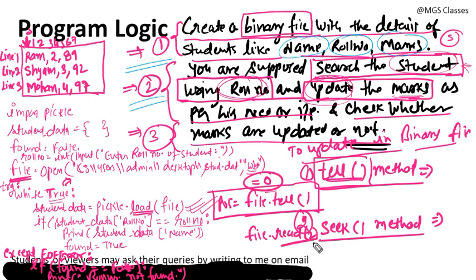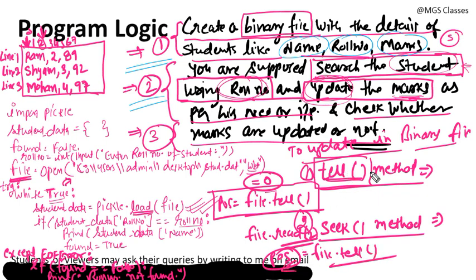Let's suppose you read 2 characters, and now print file.tell, calling the file.tell method. What does it return? After reading 2 characters, the file pointer will move to this position. When you use the read method and pass 2 as the argument, it reads 2 characters of the file, and now the file pointer points to M, the second position in the file. So this time file.tell will return the position of the file pointer as 3.